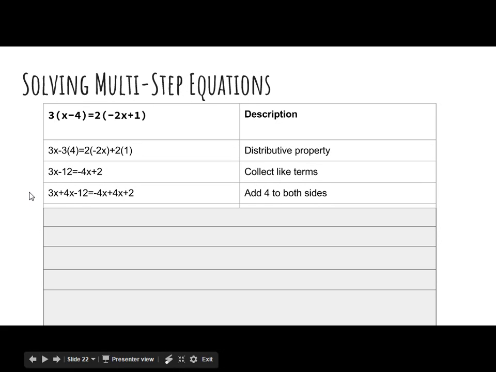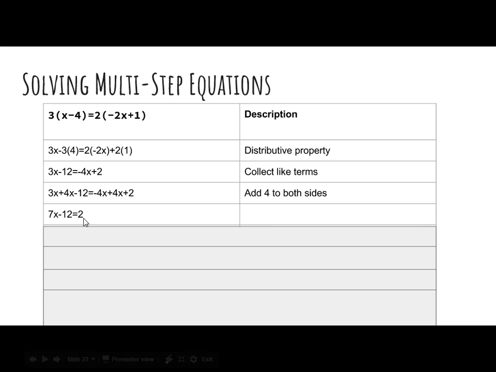Okay, so when I collect my like terms, I get 7x minus 12, and then negative 4x plus 4x. They cancel each other out, and I'm left with positive 2 on the right side. So the next step in this process, what I need to do is continue getting x by itself on the left side and getting all of the integers, or all the numbers, onto the right side of